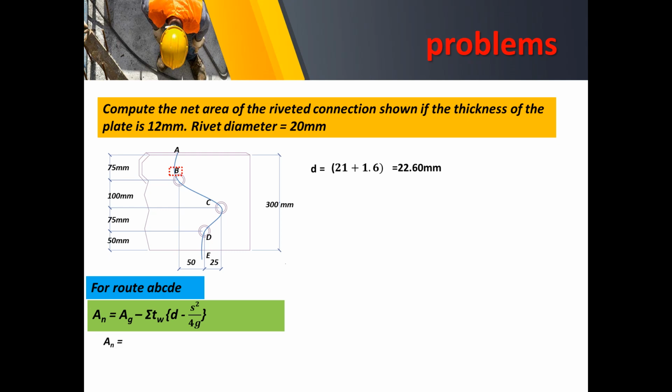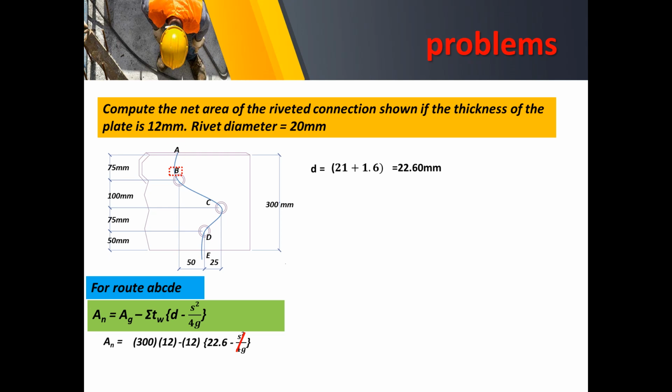On B, there will be no pitch yet, or S dimension. Okay, so of course, the first term here is the gross area, 300 by 12. So 12 is the thickness of our plate, 300 is the width, less the thickness of your plate, multiplied by this D prime, 22.6 minus S squared all over 4G. So in this case, there will be no value for that,